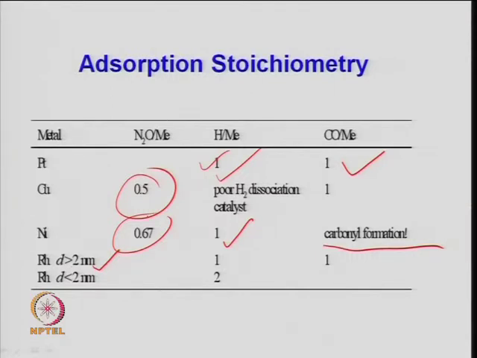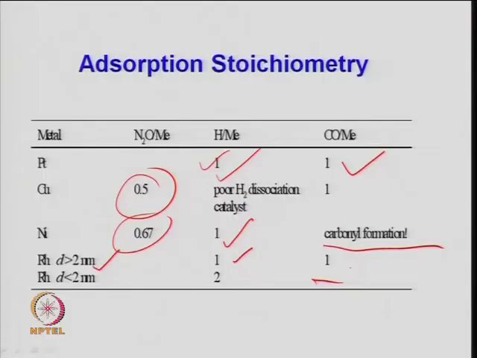So, this is not used for rhodium generally, because it is an oxidation gas; it can be used for treatment, but here, if hydrogen, it is 1, right. So, associative adsorption of hydrogen, and when it is carbon monoxide it is again 1, right. For less than 2 nanometer, that is the nanoparticles of that, it becomes dissociative, right, and for this the information is not available, right.